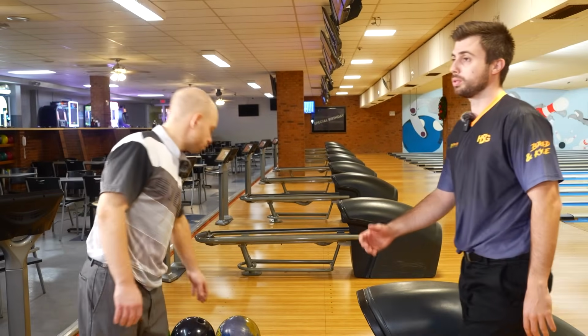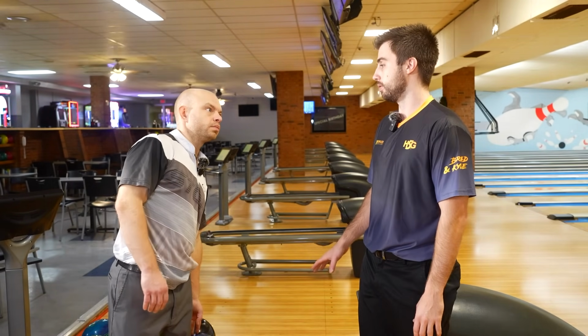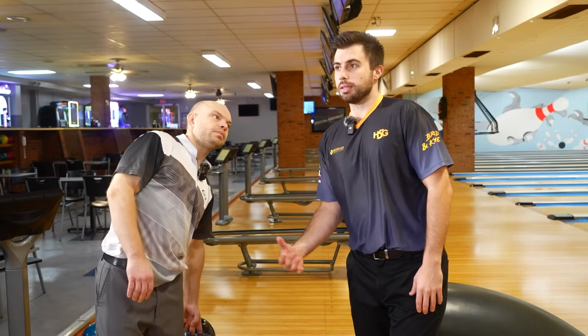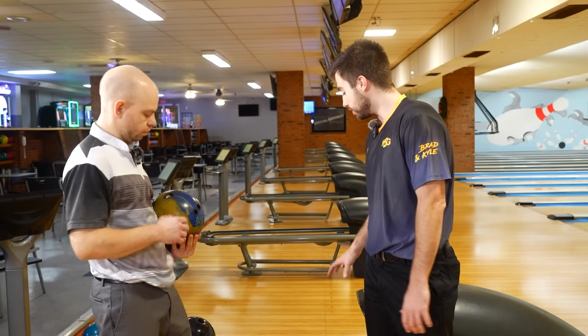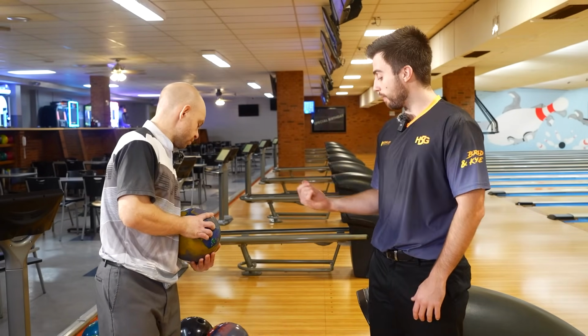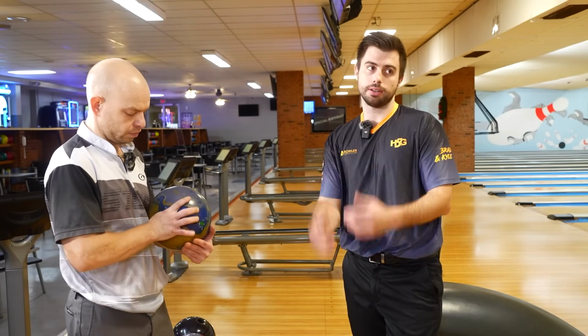So that was pretty close to what I did with the Phase 2, except that Absolute Power is a cleaner cover. Yeah, and it's asymmetric. But to me the asym, I don't know if that came into play a whole lot. I threw that one, it felt good off my fingers. I thought it was pretty good, but this cover's cleaner, so now I'm thinking, okay, if I'm gonna play that